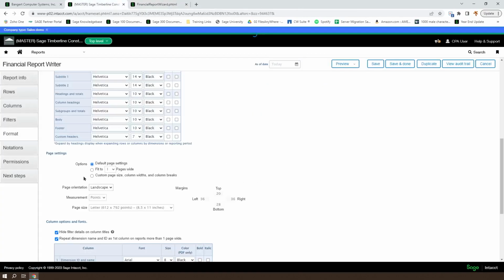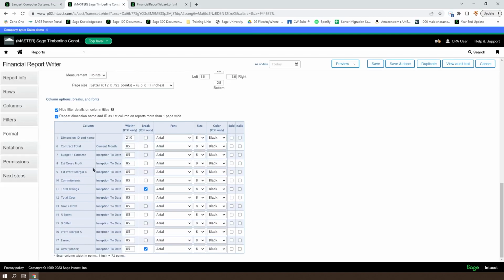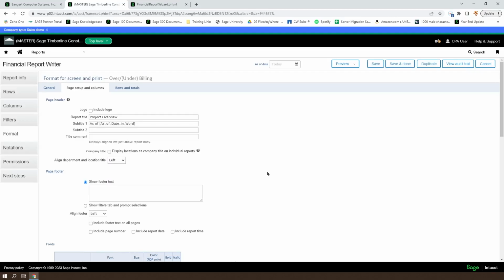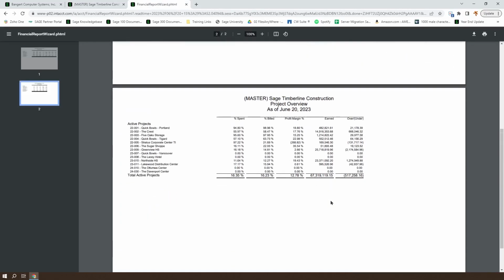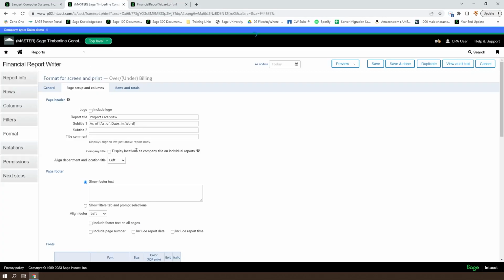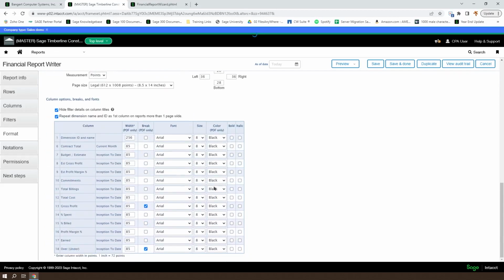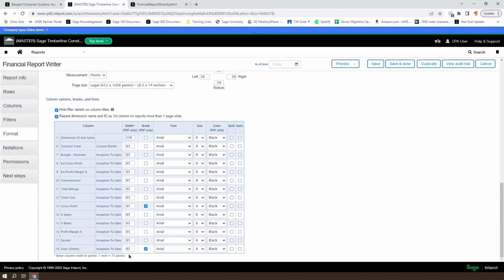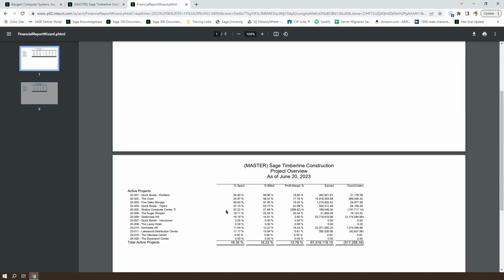So the next thing we have an option to do is look at, maybe we can set this up to be legal size. And let's see what that does for us. Oh, we're even closer. We've got everything on mostly 2 pages but we're still not quite where we want to be. So we can notice here that once we move this to custom page size, we have fixed widths on our columns.